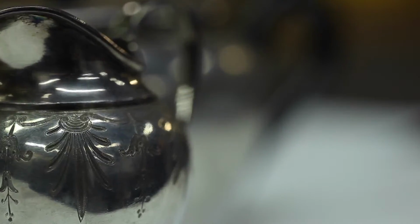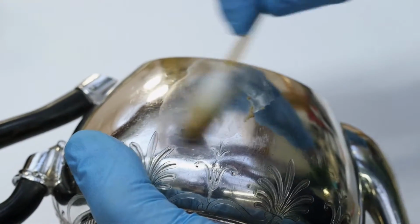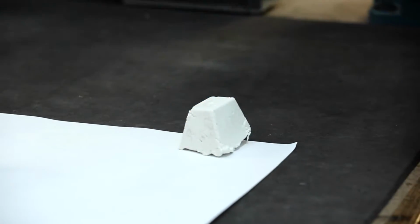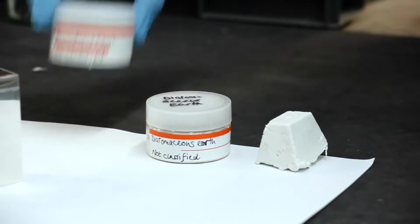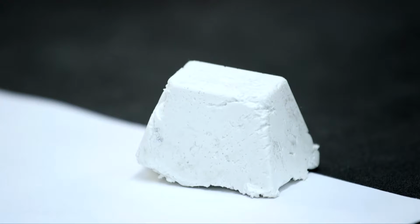There's two ways that you can remove silver tarnish. You can dissolve it off with a chemical, or you can rub it off. We chose to rub it off really carefully with very mild abrasives because we feel it gives us a lot more control, and that if you use a chemical to dissolve it off, you can end up with quite a bleached looking surface. One of the things we use is this rubber, which works like a pencil eraser,